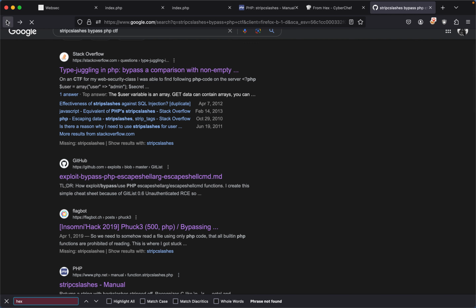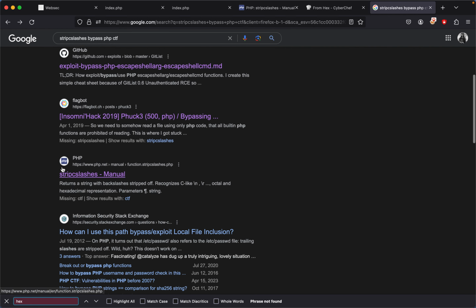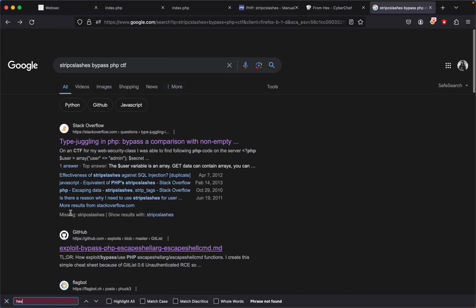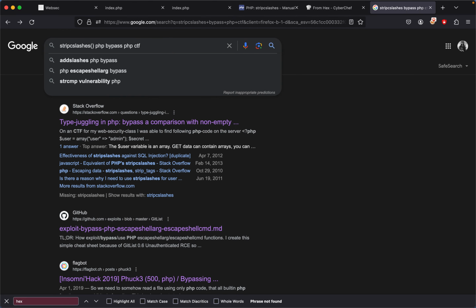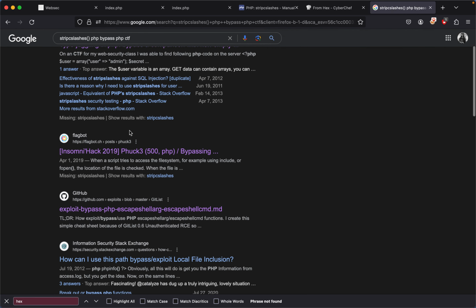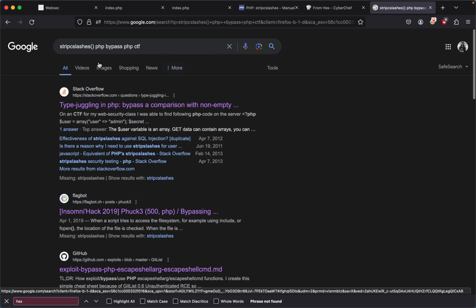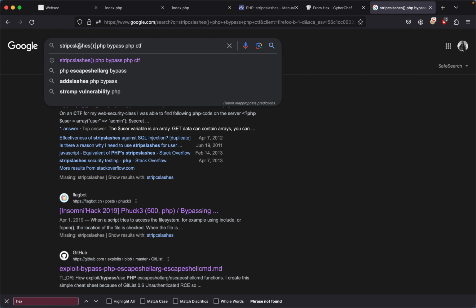I guess no one mentions hex, but that's one way to bypass the stripslashes function. PHP bypass. I guess no one mentions it. That's pretty weird. But yeah, I guess that's one way to bypass it for the most part, because